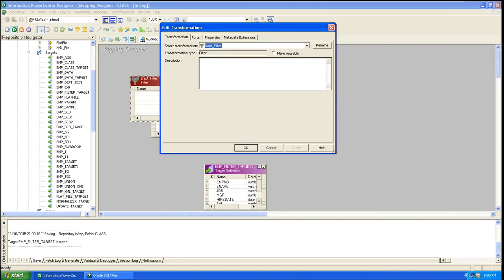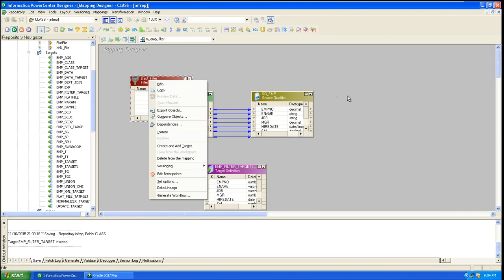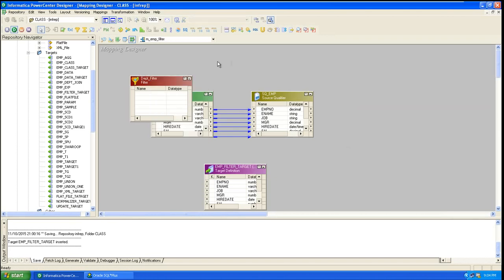Now close it. Drag and drop this filter transformation after the source qualifier. Good.